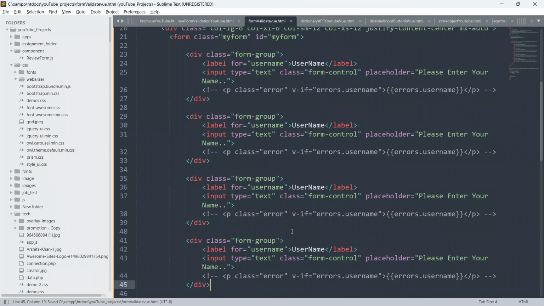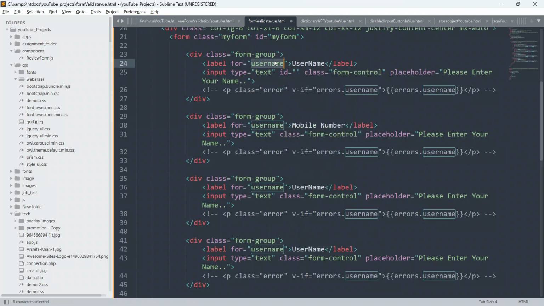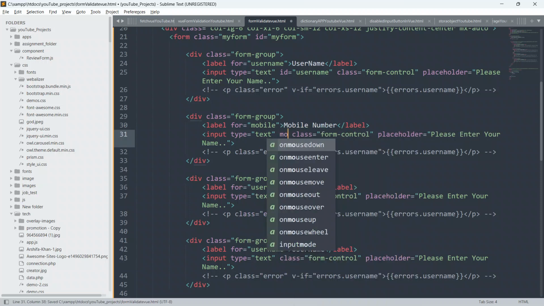First of all guys, just change something. Here, after the username, give mobile number, and just give ID also. So give ID also as username, and here give mobile, and give the ID also as mobile.